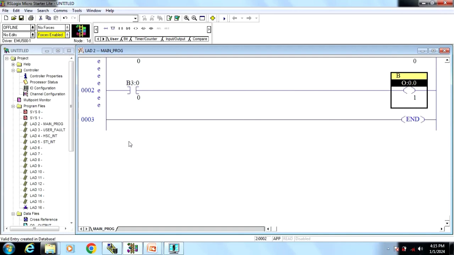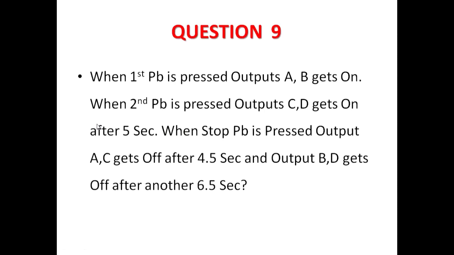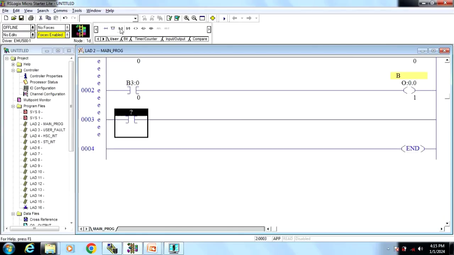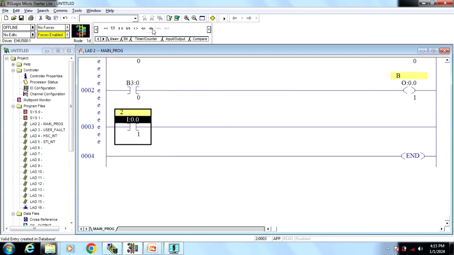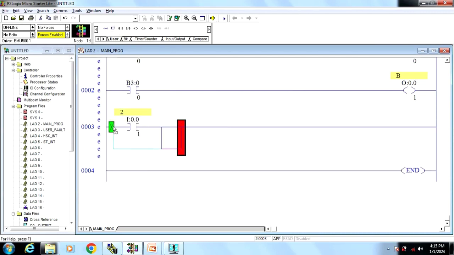Now the second part: when the second push button is pressed, output CD gets on after 5 seconds. So I have to take a timer over here. So let's make a second push button. This is the second push button, name it as 2. When the second push button is pressed, output